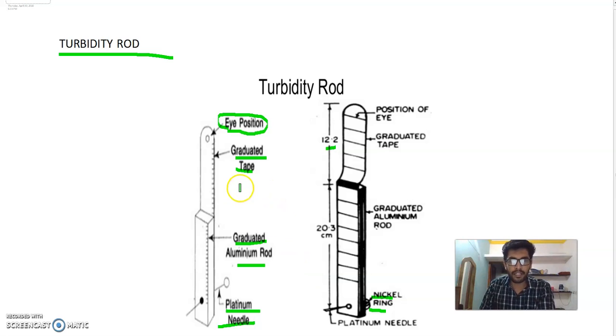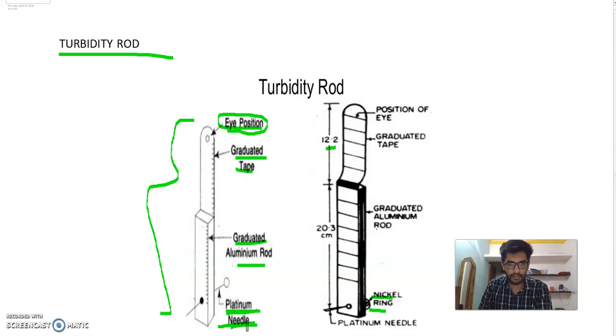So, how we use this turbidity rod to measure turbidity is, we lower this apparatus inside the water, and we look through the eye. We put our eyes on the eye position, and we lower this into the water, and whenever this platinum needle disappears in the standard light conditions, that graduated reading on the aluminum rod is noted, and that observation is recorded, and that is called the turbidity of water